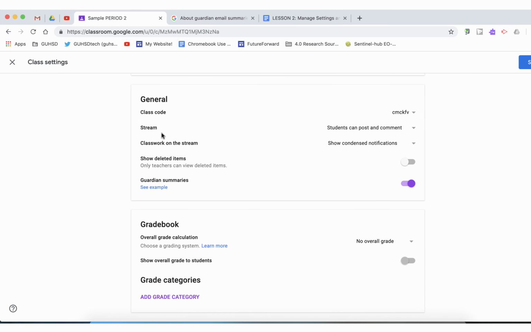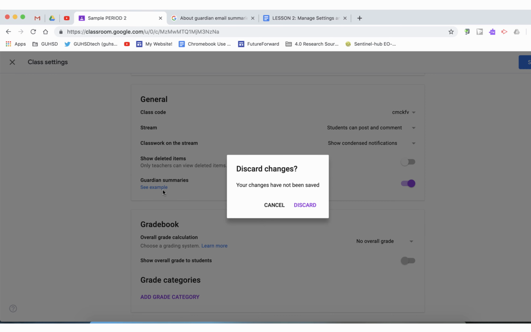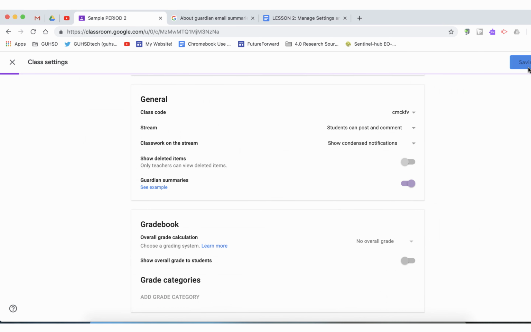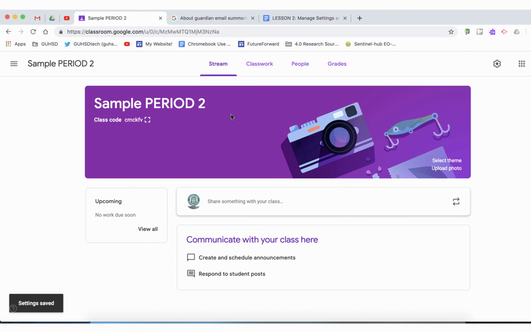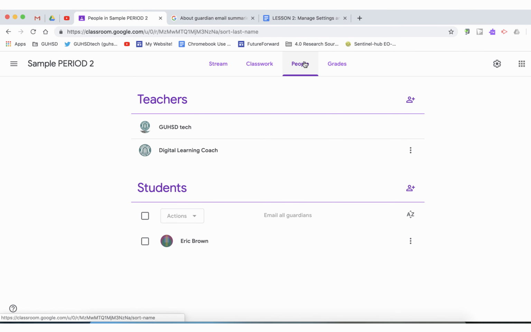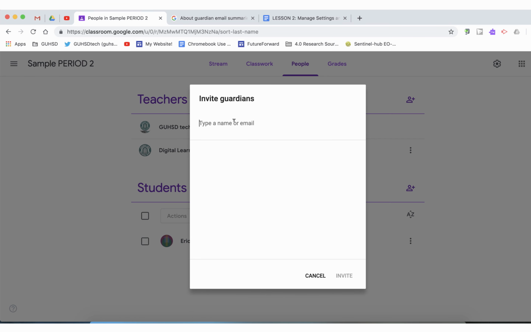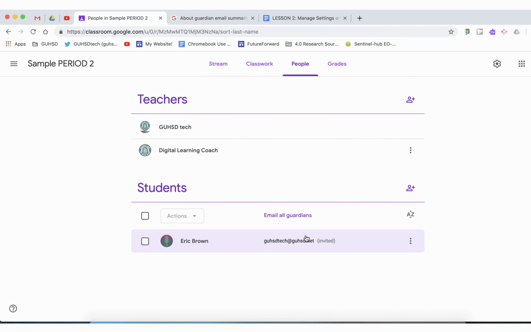What we're going to talk about now is how to set this up for your students. So if I exit my class settings, go ahead and save first, exit our classroom settings, and if I go to People, underneath my student roster, I can invite Guardians. When I invite Guardians, I can type in their email address, and I'm going to invite them. Once you invite a Guardian,